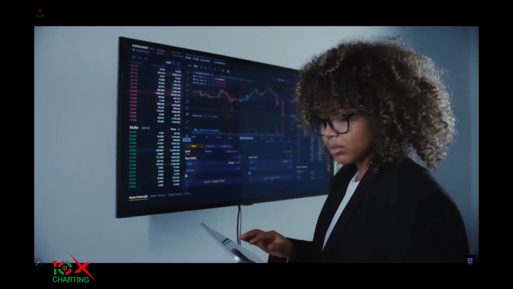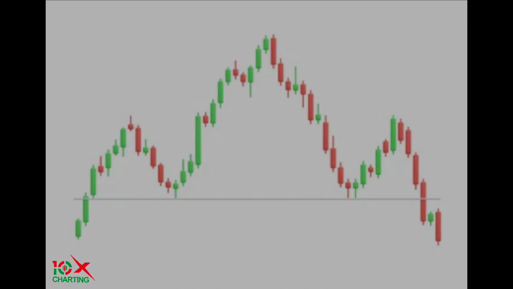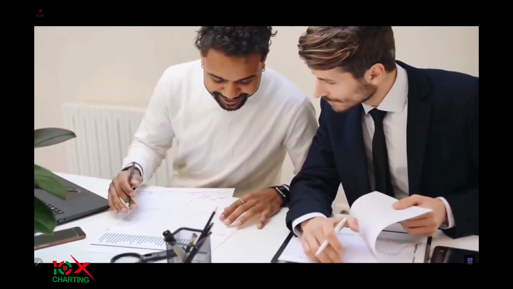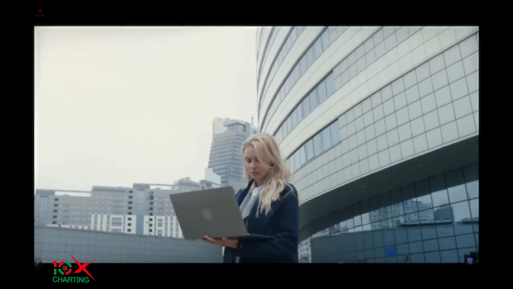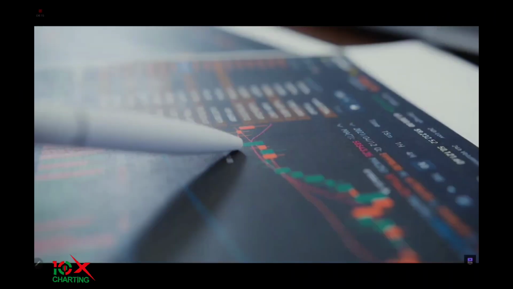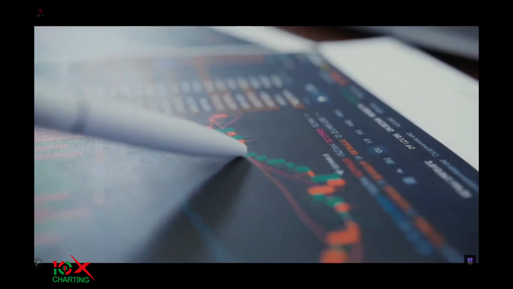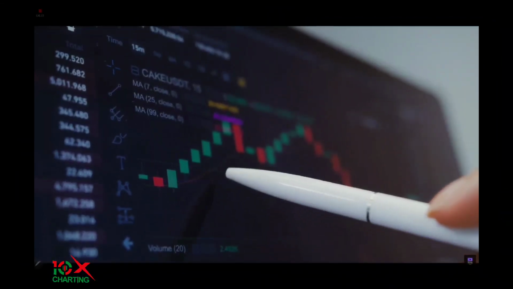Congratulations. You now know the fundamentals of the head and shoulders pattern and how to trade it. Of course, it's important to keep a close eye on the chart and adjust our orders accordingly as the trade progresses. It's also important to consider any news or events that could affect the stock's price and adjust our strategy accordingly. By following a clear plan and using risk management techniques, we can increase our chances of success in the